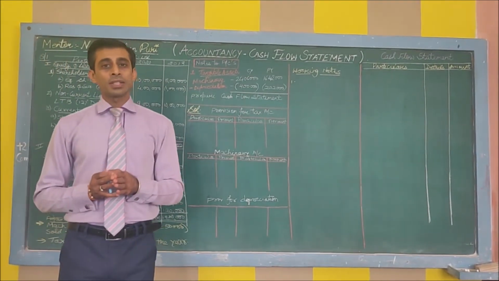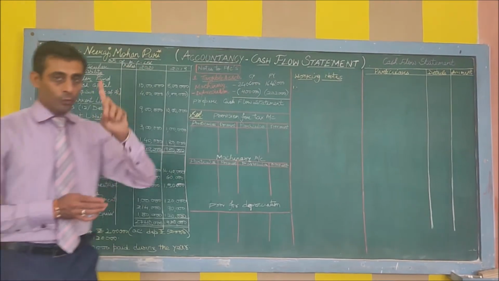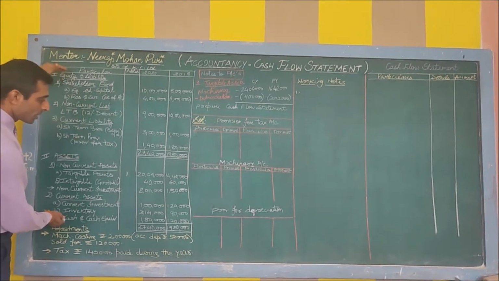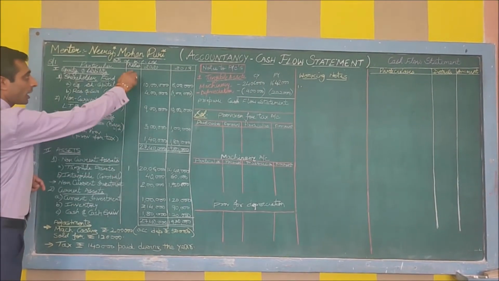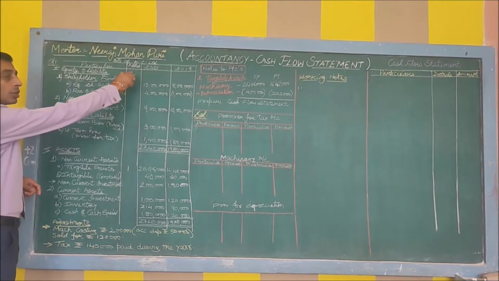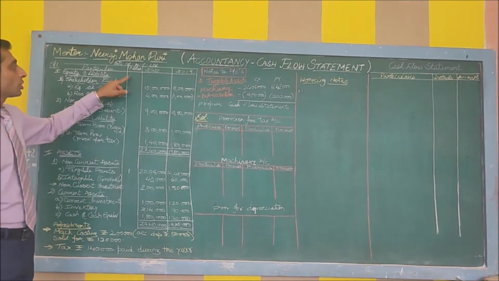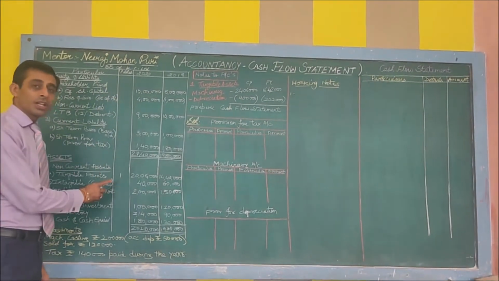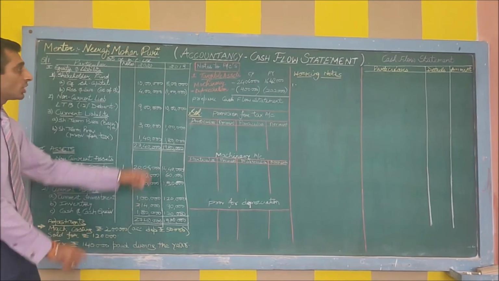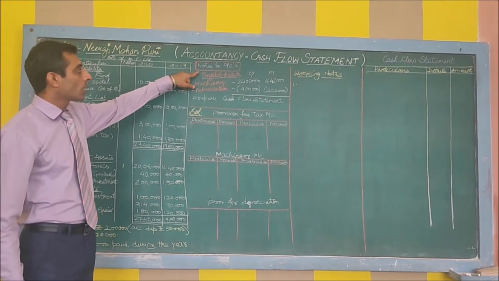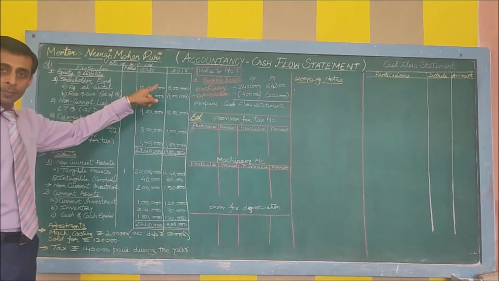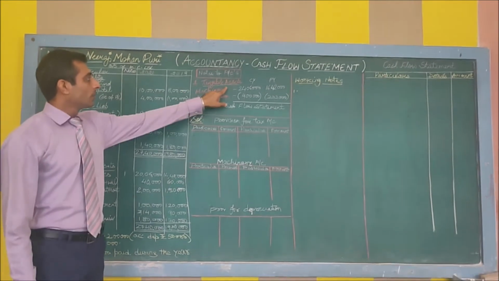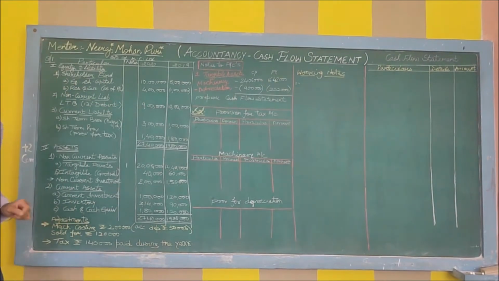The question further comprises 3 subparts. The first part of the question is the balance sheet, which is right here. The second subpart of this question is if there are any notes given. This is the column of notes. If the question statement contains any notes, note number 1, 2, 3, its explanation is also given under the balance sheet, which is mentioned here, notes to accounts. This is part of your question. And here there is a single note in this question, so there is only one detail in notes to accounts.